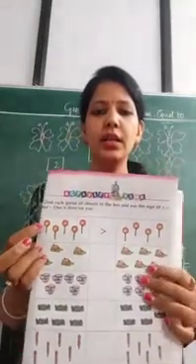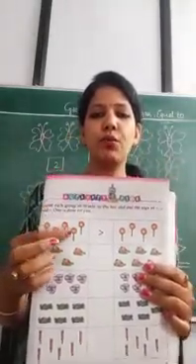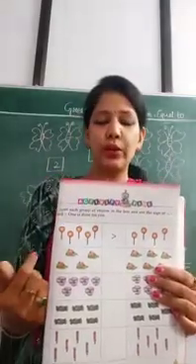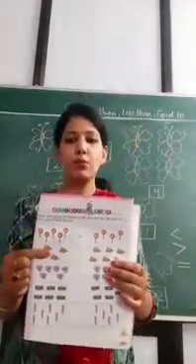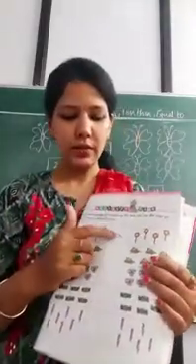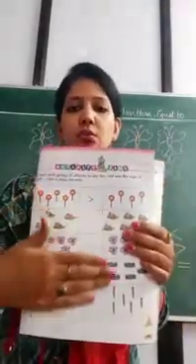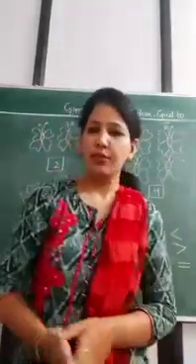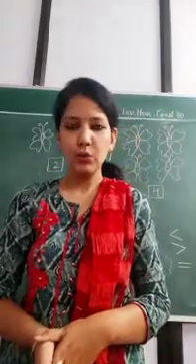So here you can see it's 1, 2, 3, 4, 5. 5 lollipops and 1, 2, 3, 4. So in which place are there more lollipops? Yes, this side. So it is a greater than sign. So for the rest of the worksheet, what you have to do? Yes, you have to finish it up, and after that you have to share the videos and photos with me.